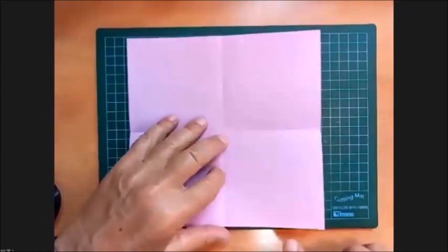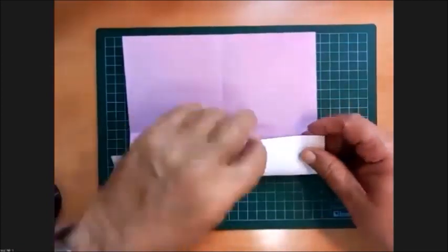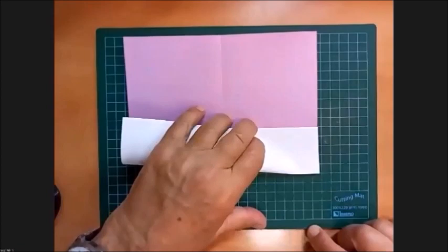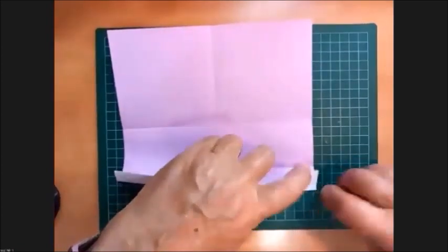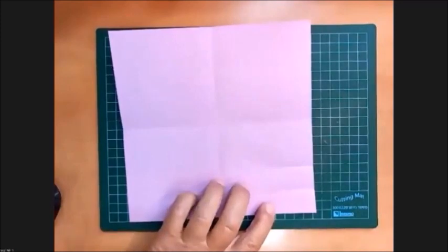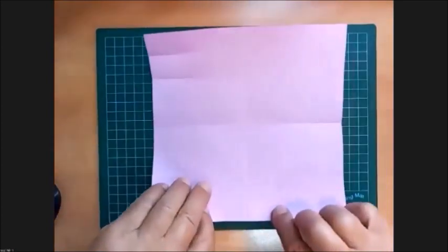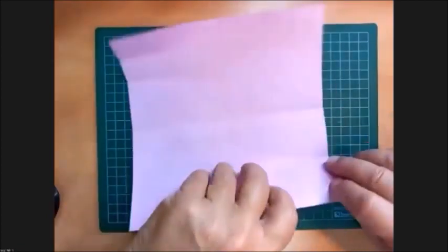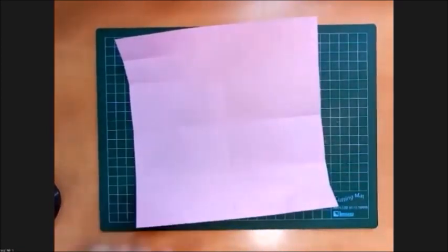Next step is to bring this lower edge here to the middle and make only a pinch of about 1 inch. Open it and bring it to the pinch and make another one, like so. I rotate 180 degrees and do the same. I bring it to the middle point, make a pinch here, and another one here. So I have